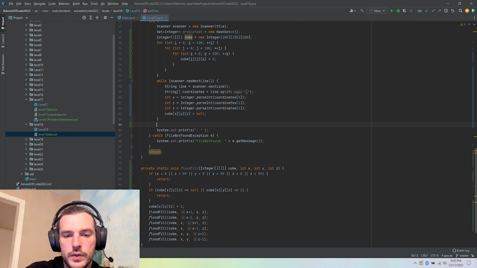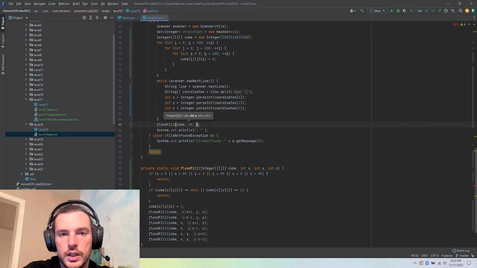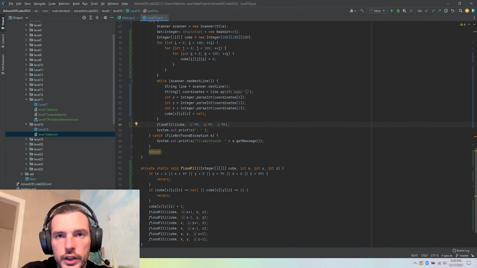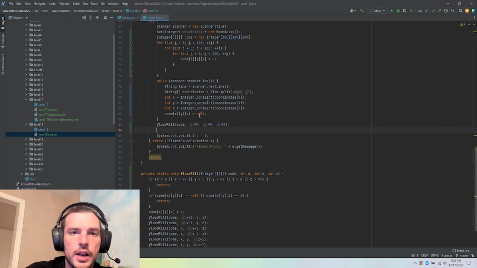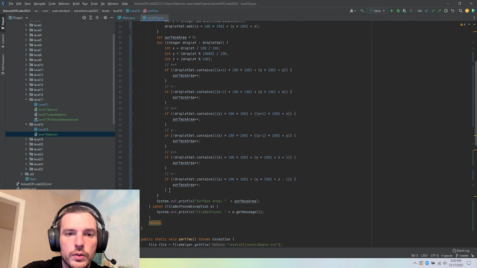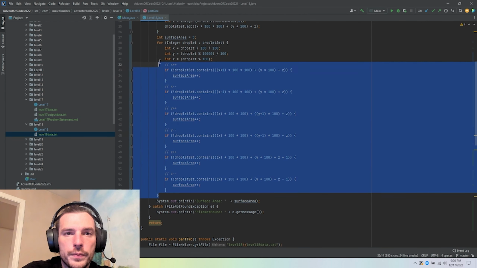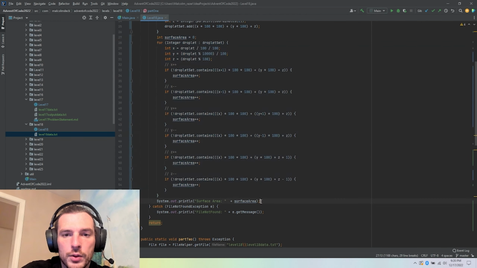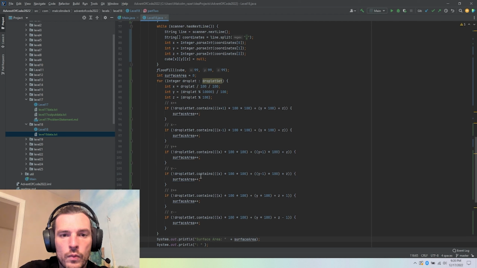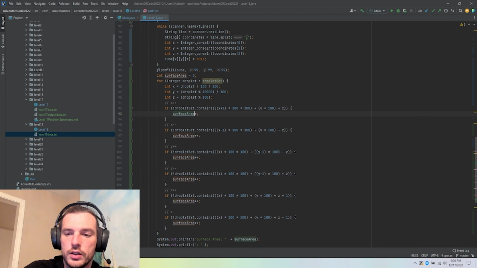Now we're going to call flood fill cube 99, 99, 99. I think that that's going to fill everything out starting from the corner, and I think that'll cover everything. And then what we want to do, now that we've flood filled it, is this, but instead of surface area plus plus, we'll say plus equals,